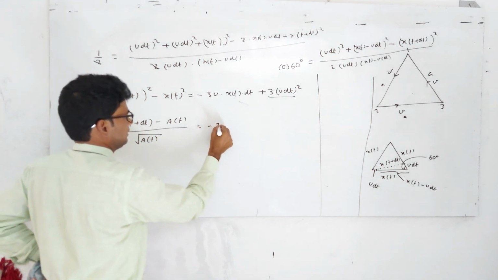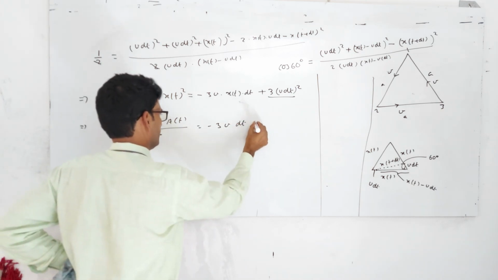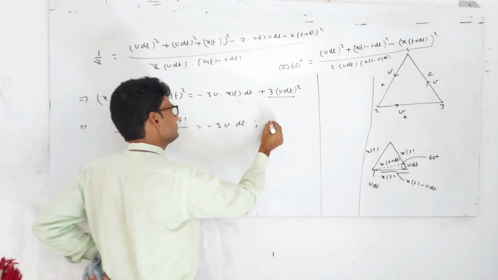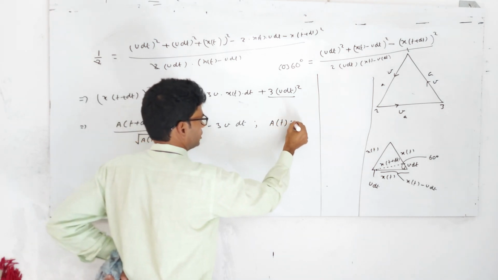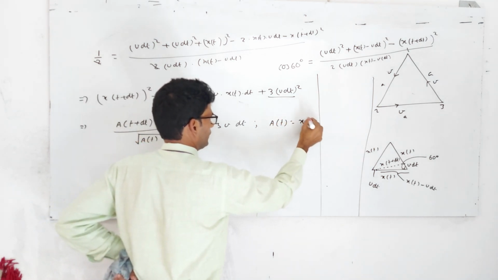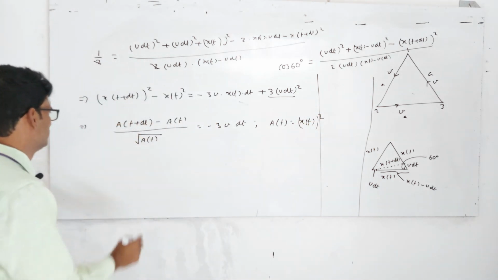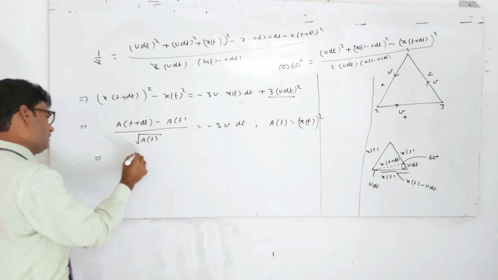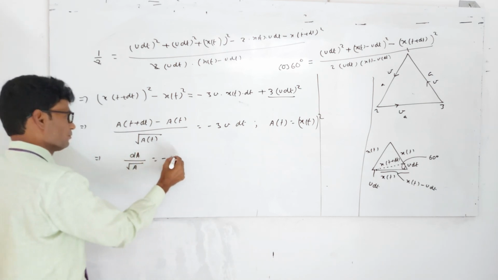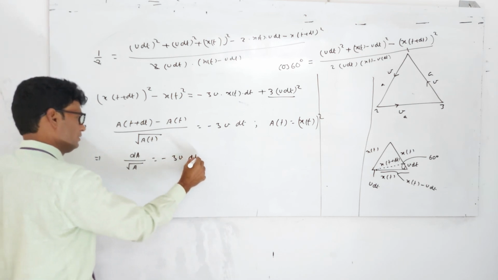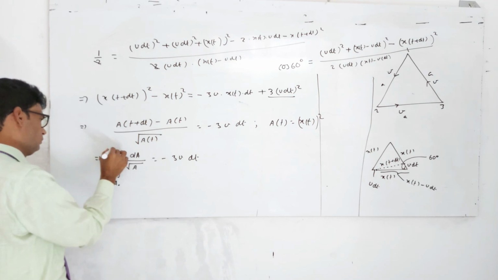This is equal to minus thrice v dt, where a of t is equal to x of t whole square. So this implies this is dA over square root of a, this is minus thrice v dt. Now integrate it, say a naught to a,